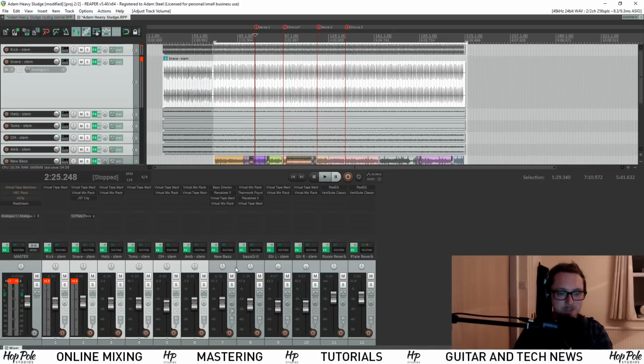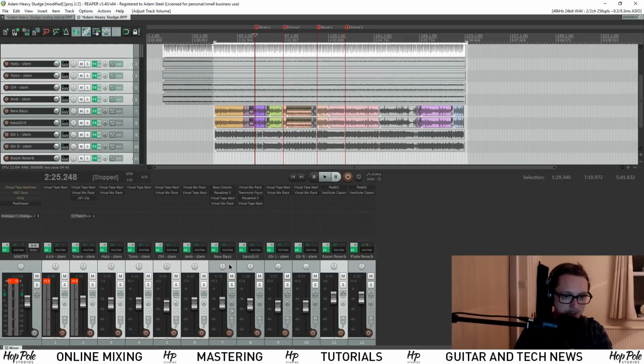So let's say I want to move the amount of room reverb and original bass at the same time. It doesn't matter how many of these I select, they all move relative to each other, and it's a beautiful thing, because even after all the stuff we're going to talk about next with all the grouping and all the clever routing you can do, sometimes you just want to go, I need more of this vocal, and this guitar,